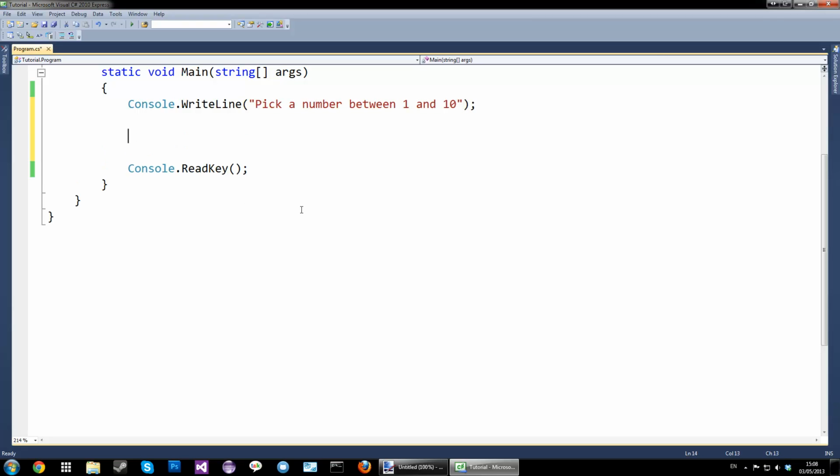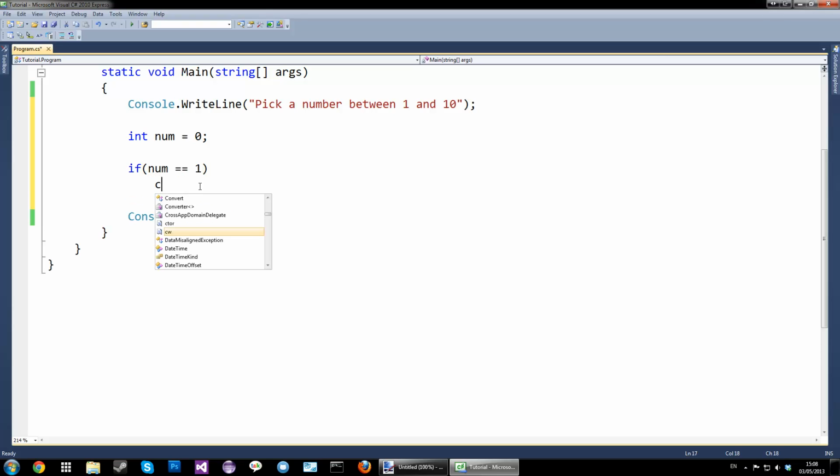Now, if you're going to write a lot of if statements, let's just make a number here, int num equals 0. If num compares to 1,